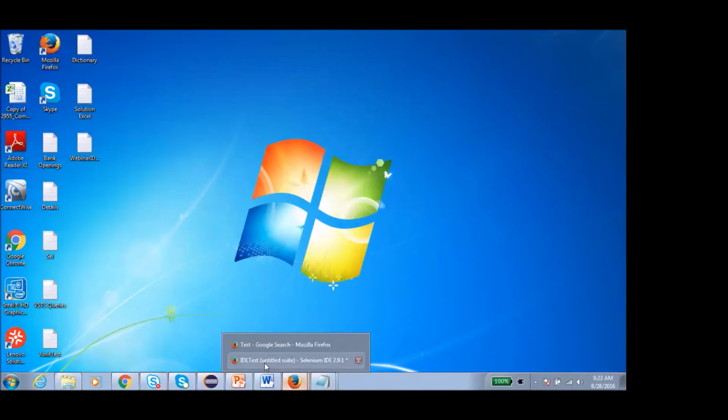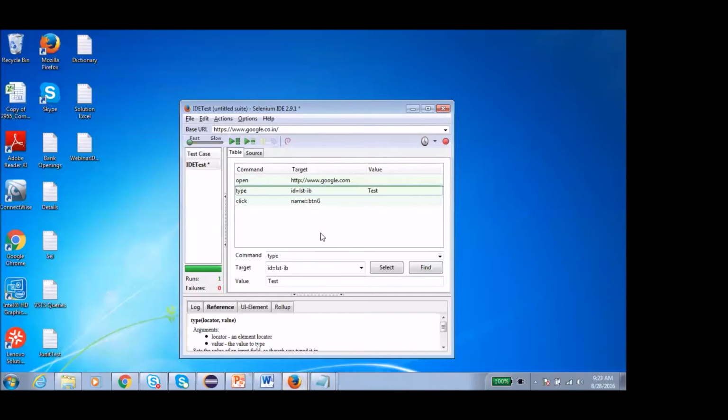So this is the IDE part which is used for recording, and how we are parameterizing the same test with different sets of data. We can do it like this. So for the people who are beginners, I would suggest do some R&D on Selenium IDE and record a few tests. Do different kinds of things, different options are given over here. Do some R&D and try to learn it.